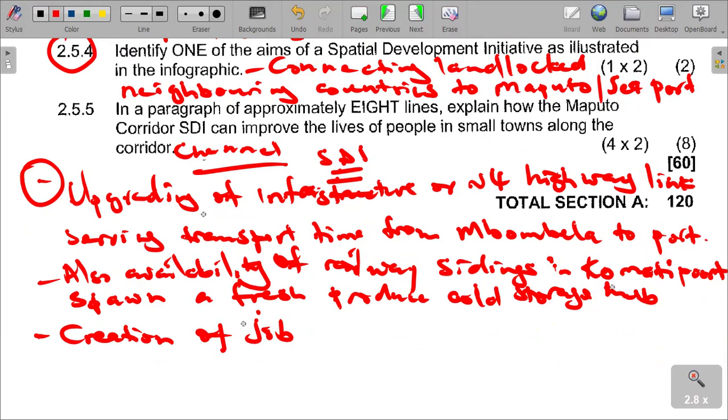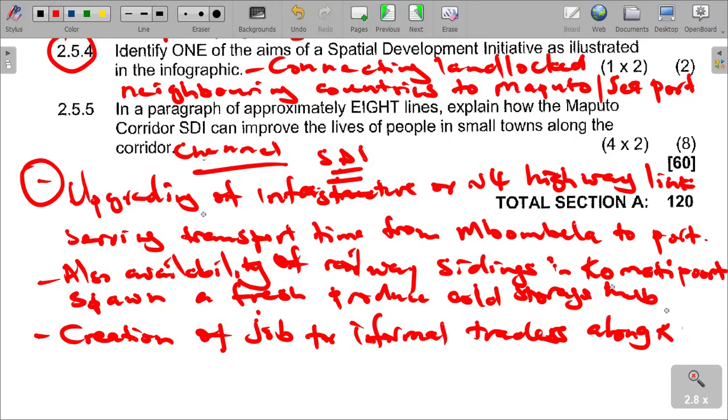We are saying mostly for those informal traders who are along the areas: creation of jobs for informal traders along